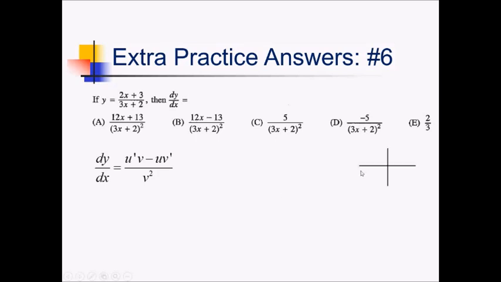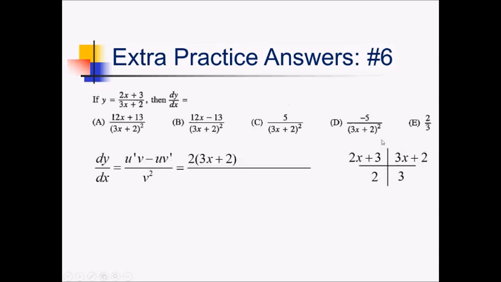So I've got my numerator. That'll be 2x plus 3. I'll put that up here. And my denominator, 3x plus 2, I'll put over here. Down below, I've got their derivatives, u prime, which is 2, and v prime, which is going to be 3. Multiplying it all out with my ribbon to put it back in my fraction, I've got 2 times 3x plus 2